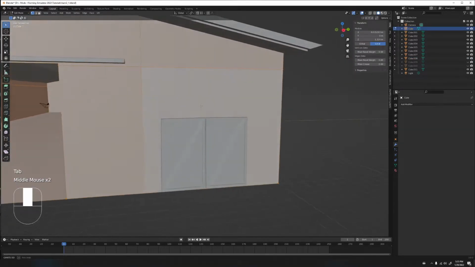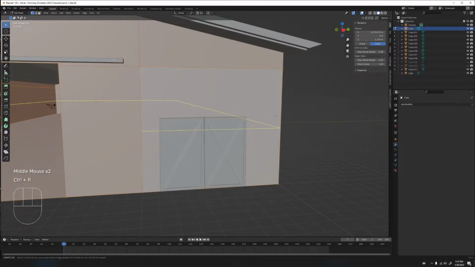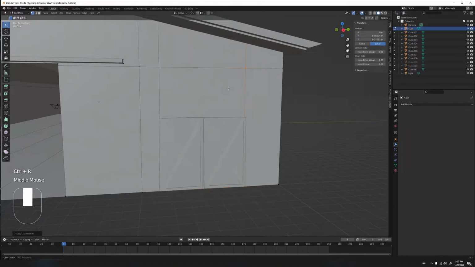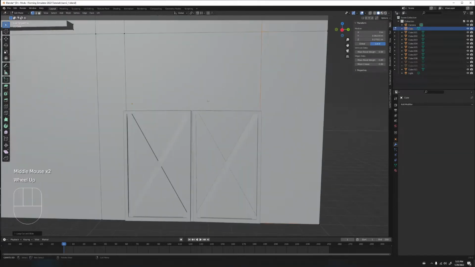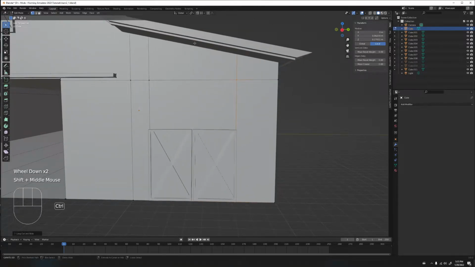Select the building, go into edit mode, and then let's do a loop cut, right? So we're gonna do a loop cut here to match the door, a loop cut here to match this door, right? And then let's say we want stuff in between, then we could essentially add one loop cut here and then add another one here. But I'm guessing this needs to be open, so we're just gonna add a loop cut here and then slide it up,